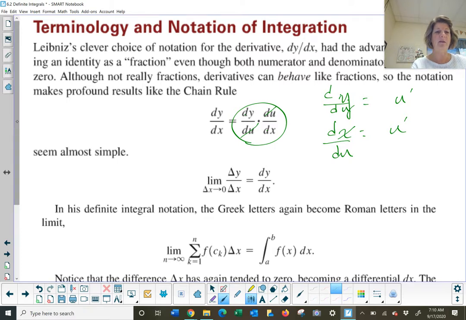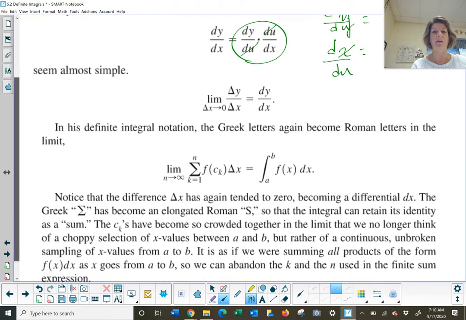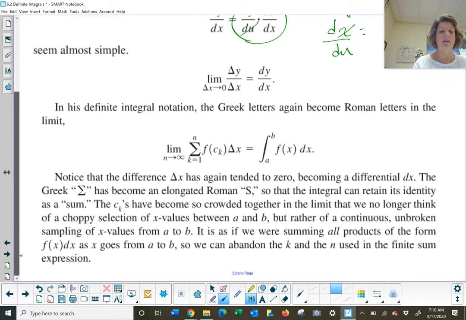I feel like we saw that maybe in one of those AP worksheets we did recently, where you could have taken this approach. So that was a nice little thing on